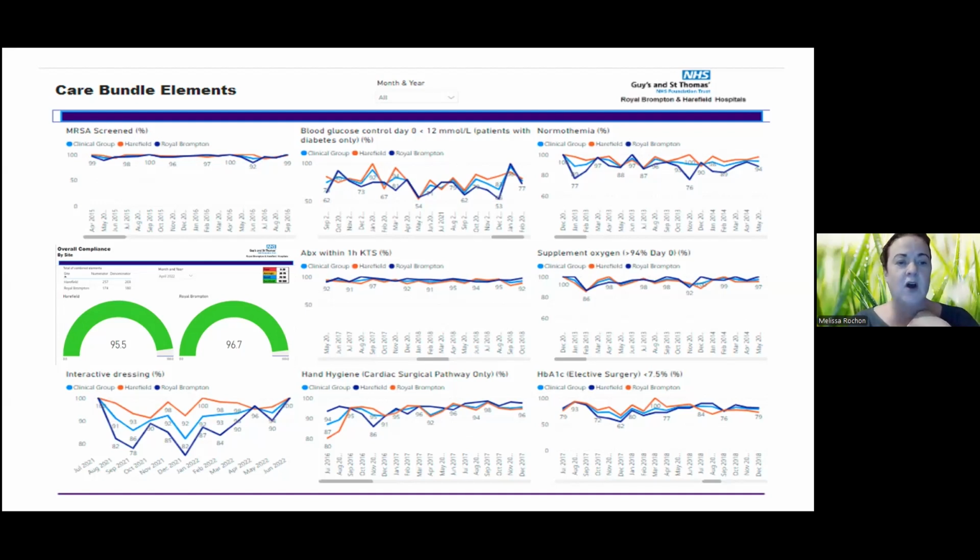In this instance, we've got 2 hospitals here being reported, and one hospital is at 95.5% compliance for the month, and the other one is 96.7%. And that gives really important assurance to patients, clinicians, as well as to commissioning bodies that you have that overview of what's happening within your center, which can be really powerful. When undertaking PIRs, for instance, you can also pull this data automatically, which is quite useful.